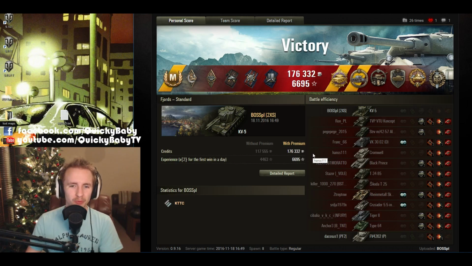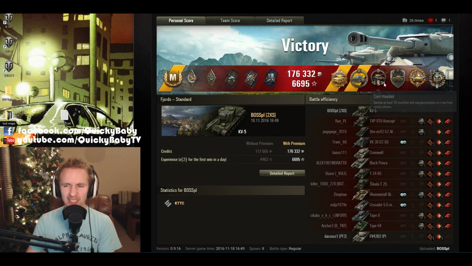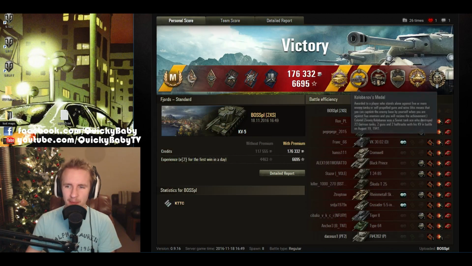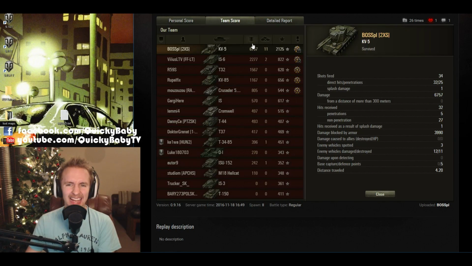So what an awesome round for Boss here. He picks up his ace tanker in the KV5, a Pool's medal for his 11 kills, the one that everybody wants, the Kolobanov's medal for standing alone against at least 5 opponents, unsurprisingly a steel wall medal, and boy what a steel wall this was. 4,000 damage blocked, that's over 2 KV5's worth of health, as well as a cool-headed medal for surviving at least 10 ricochets in a row, and the high caliber for